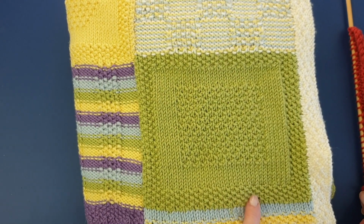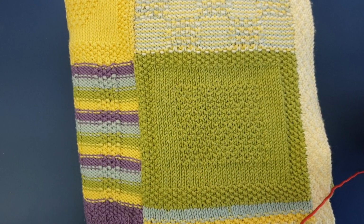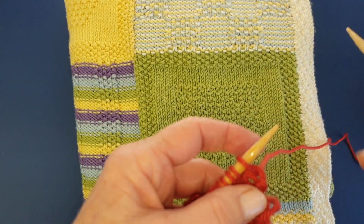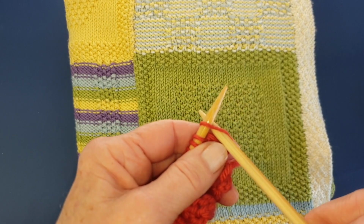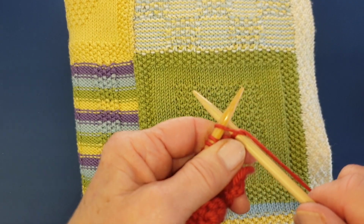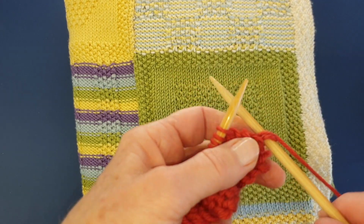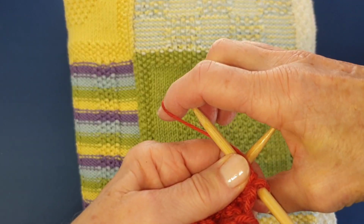Now, if I was going to knit this border, the thing to remember when you're using knit and purl and you're alternating between them is to remember to take the yarn around to the other side. So for knit, I just have it like that. So I go into the stitch, remember that, under, over, out, slip it off. But before I do a purl stitch, I've got to remember to bring it around to the front of the needle and then make a cross, wrap it around